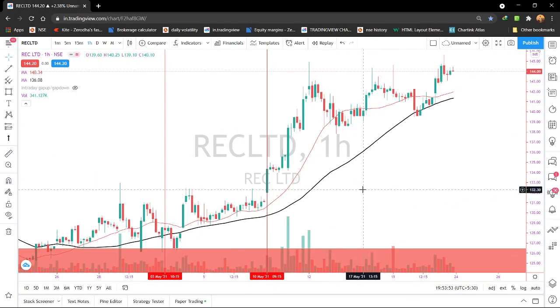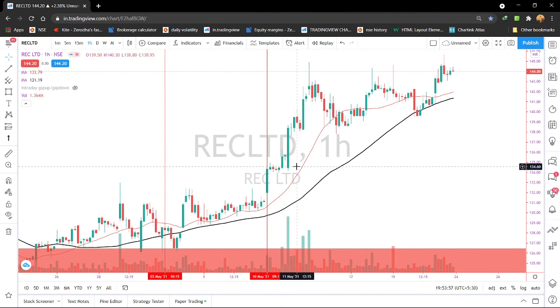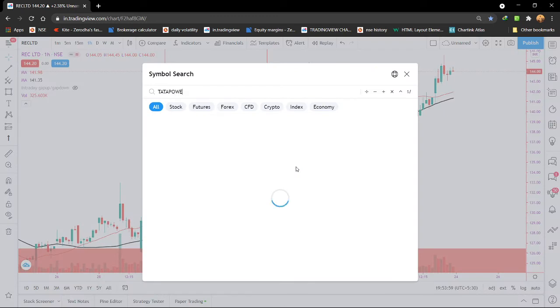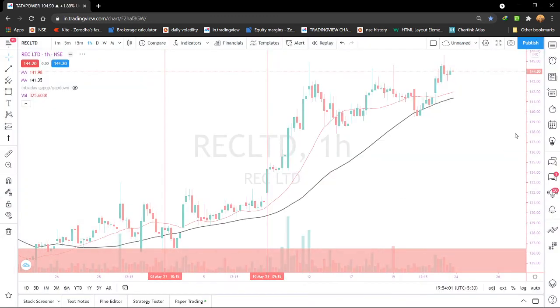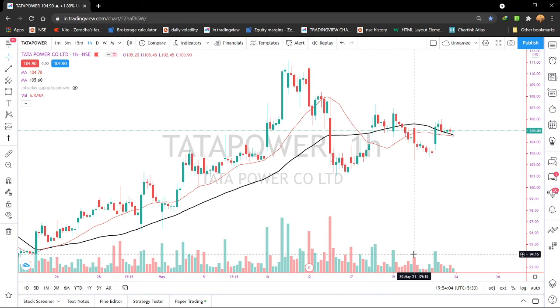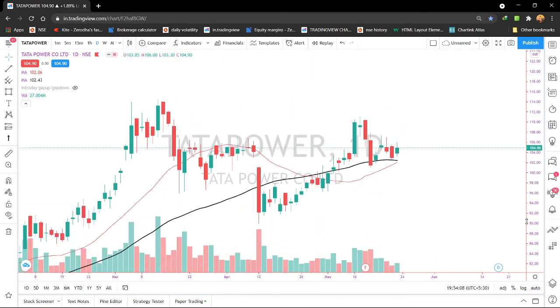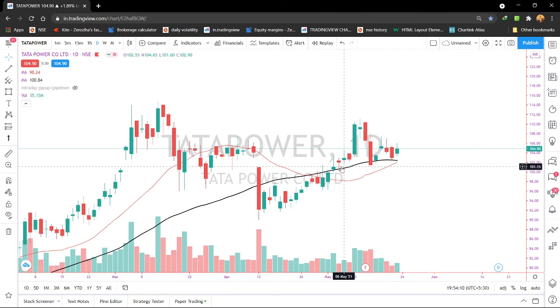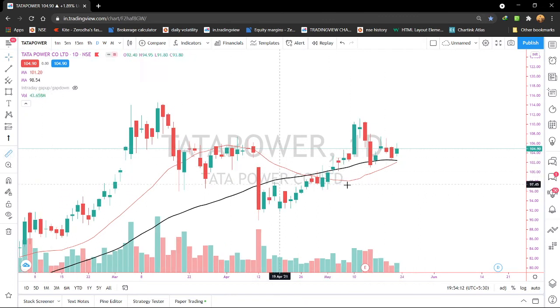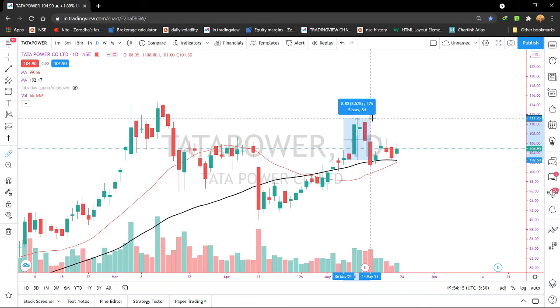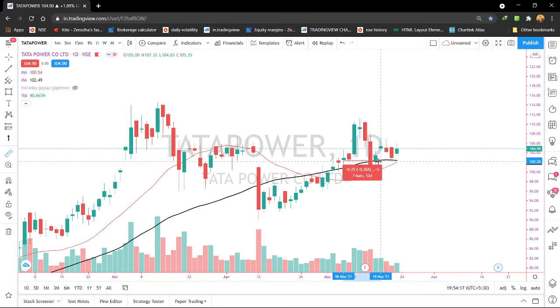See, and another stock I will look at, which was Tata Power. I'm not going to make this video very lengthy. Tata Power in the 1 day time frame. First of all, it has formed a hammer candle pattern here. So this could be the entry. Around 8% given, and again it has taken support. This was the re-entry, but on the 3rd May we have to enter now. 30th of April.